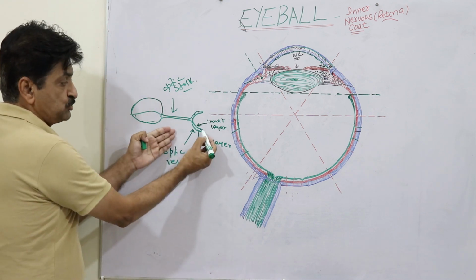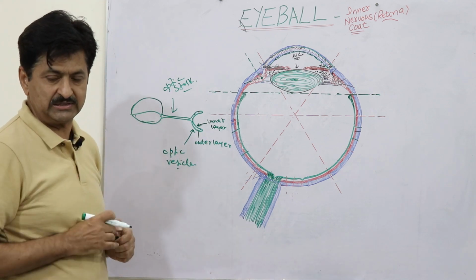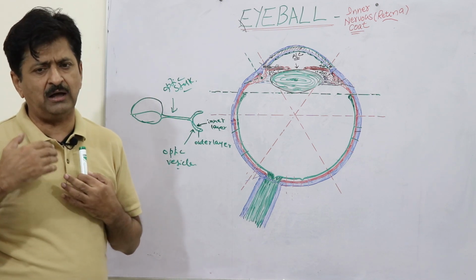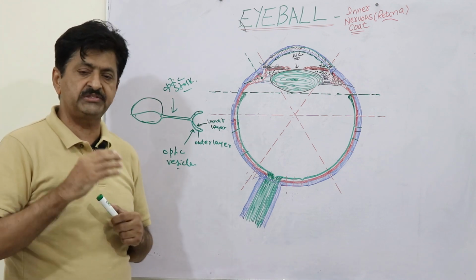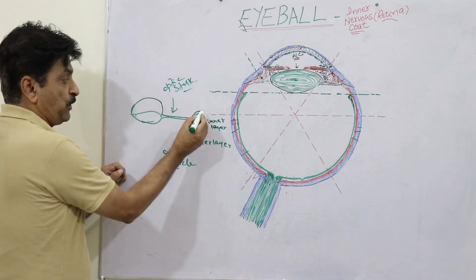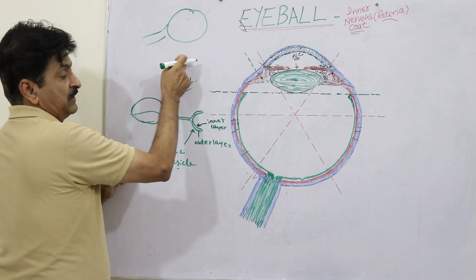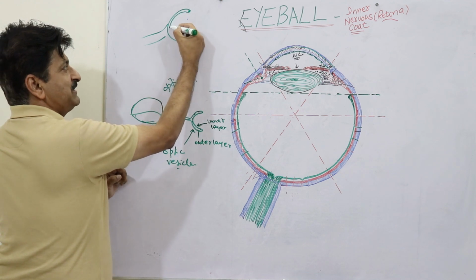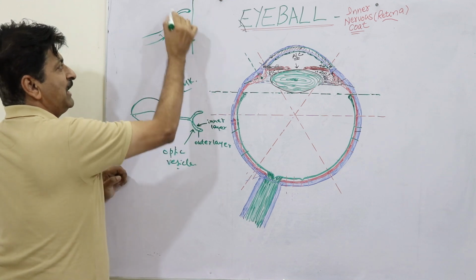The remaining layer is not pigmented; this is called the neuronal layer, or sensory layer, and that neuronal layer will give rise to all the other layers, the next 9 layers, from 2 to 10. All the layers will develop from this sensory layer. It was like a vesicle, then it collapsed at a spot, in such a way that this double cup which I am showing you here